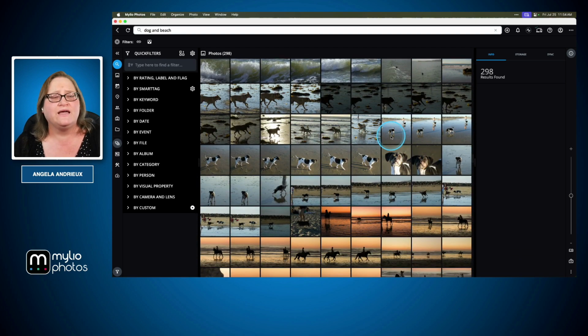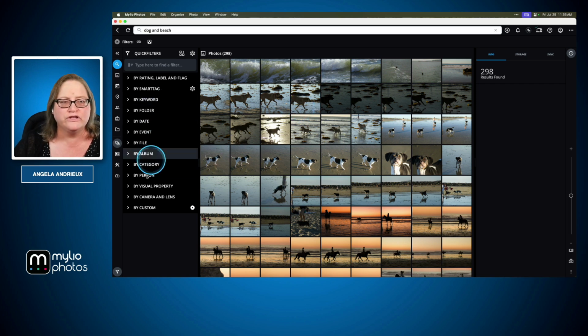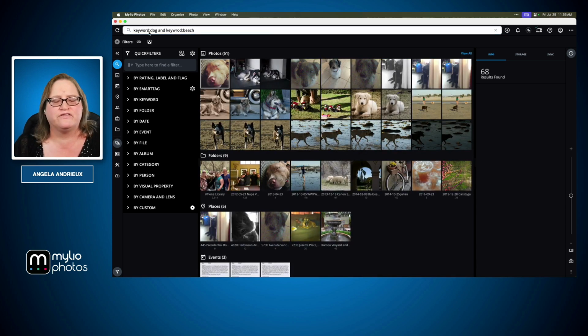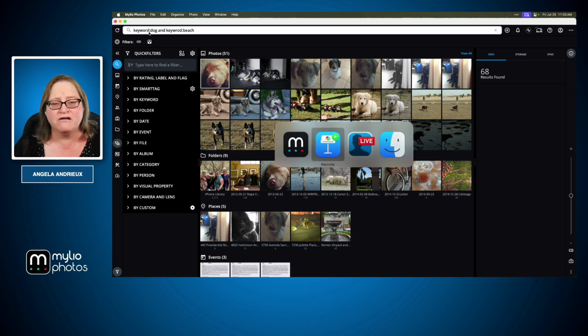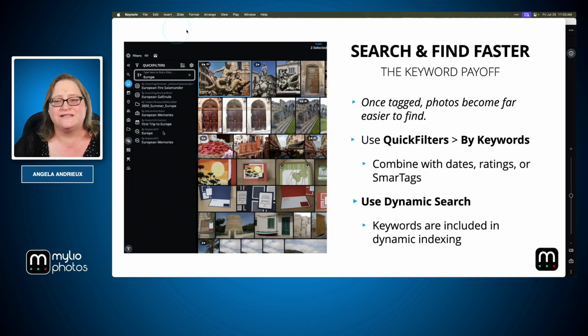And like I said, this is going to be non-precise because it's pulling not just from keywords, but from every field in your library. If you want to specifically search keywords, you can get very granular here. You could use your keywords and do dog and beach, or you can just say keyword, semicolon dog, and keyword, semicolon beach. And that's going to narrow it down even further. So there's a lot of things you can do here to get very specific with your searches, especially when you've made use of keywords. I think they are incredibly powerful and they can really make a big difference in the